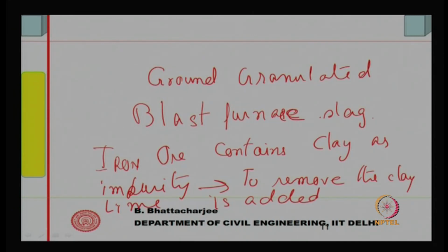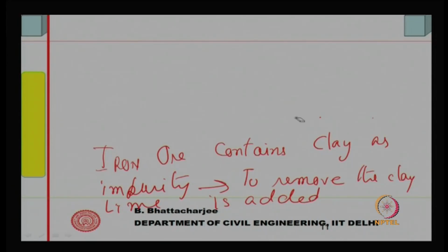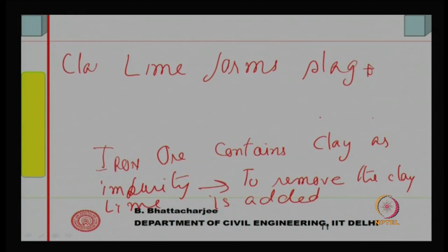This lime forms the slag. So, lime is added. Now lime forms slag together with clay. Lime, clay and lime form slag, which normally floats over molten iron,